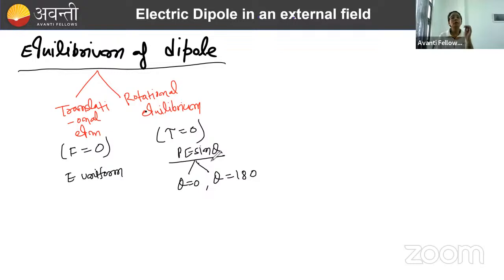So the dipole will be in complete equilibrium only if the electric field is uniform and the angle between the dipole and the electric field is either 0 degrees or 180 degrees. So here two angle cases are coming. Now we will discuss two kinds of things. One will be your